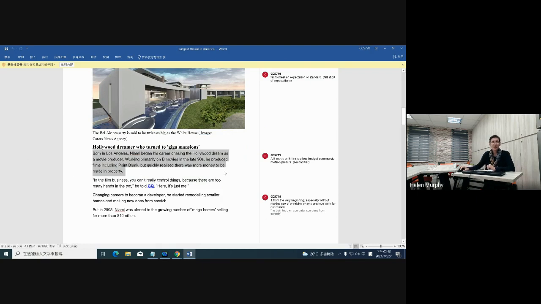Okay, so when we talk about movies, we usually don't say A movies, but we do say B movies. When we talk about movies that do very well, movies that are mainstream movies, we know that they are A movies. They are the best movies, okay? So we don't need to say A, we just say mainstream movies. When we talk about movies that are less successful, have smaller budget, we say that's a B movie, okay?